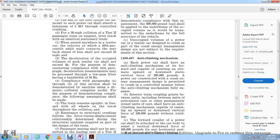238-407 Anti-climbing mechanism. Each power car shall have an anti-climbing mechanism at the forward end, capable of resisting upward and downward vertical force of 200,000 pounds without yielding. A power car constructed with a crash energy management design permitted with controlled crushing shall have the anti-climbing mechanism fully engaged at the interior train coupling point between the units, including between the units of the articulated car with the other permanent